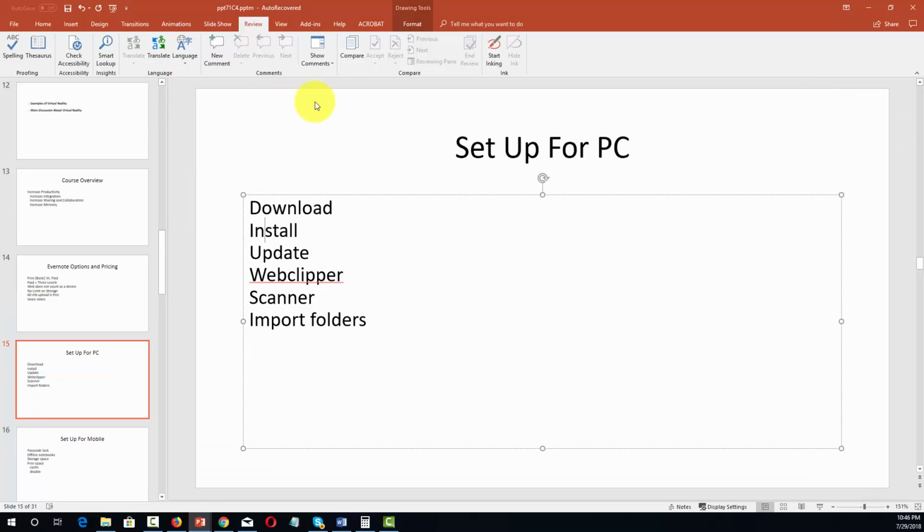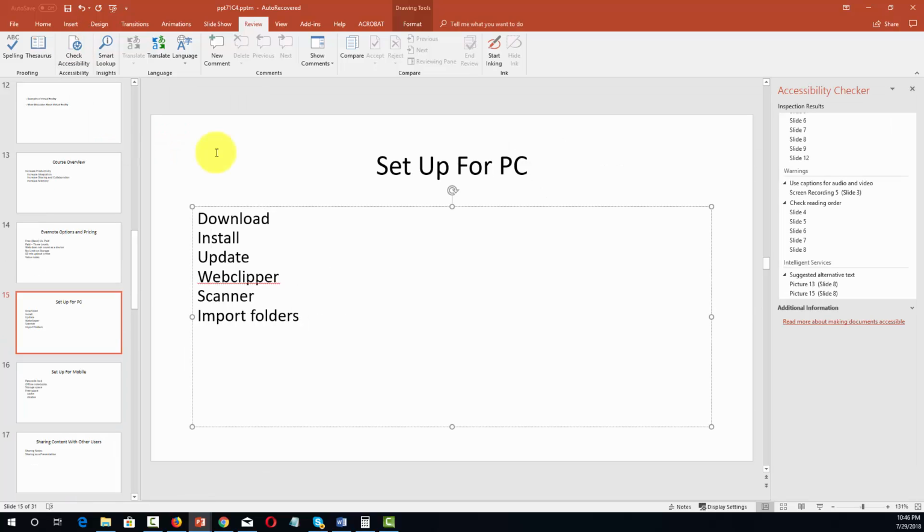And what PowerPoint will do is when you click the Accessibility tab, it will analyze your document for issues of accessibility. So for example, if you have certain aspects of your presentation that may not be friendly to the blind or to those who are hearing impaired, PowerPoint will give you suggestions on things that you can do to improve your PowerPoint presentation. For example, you'll see here that there is a warning that you could be using captions for